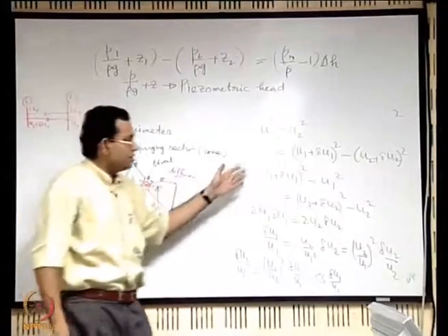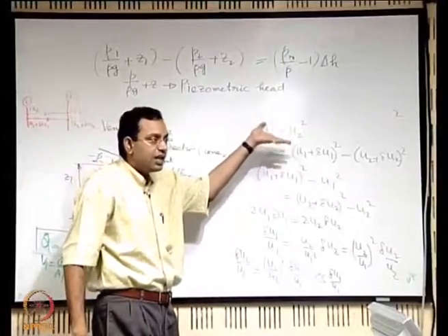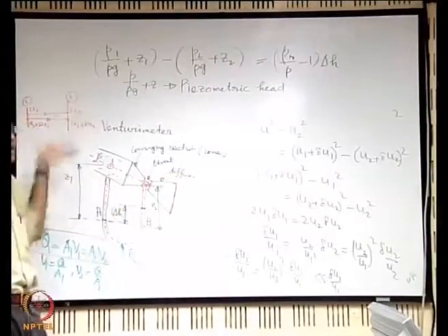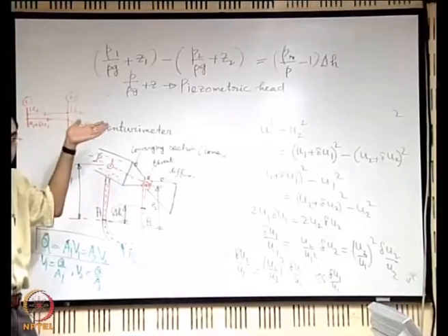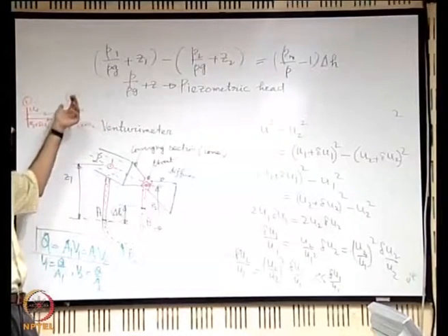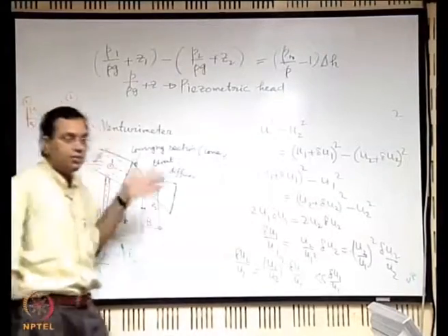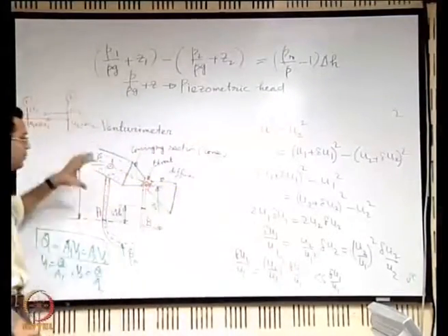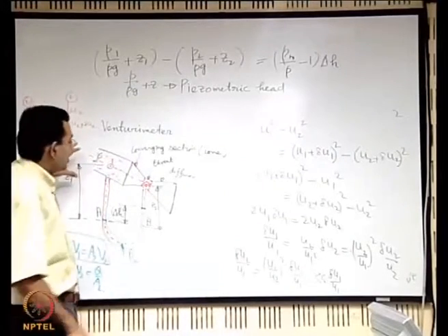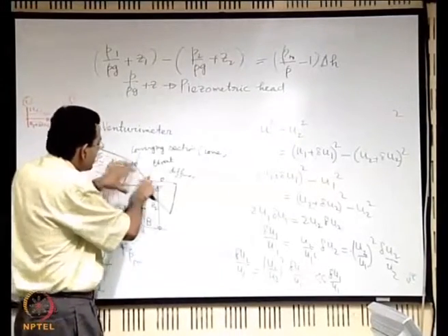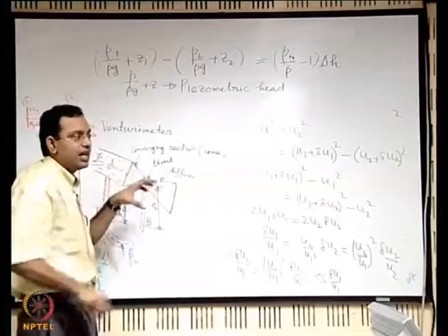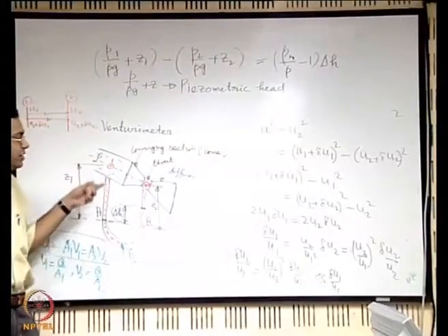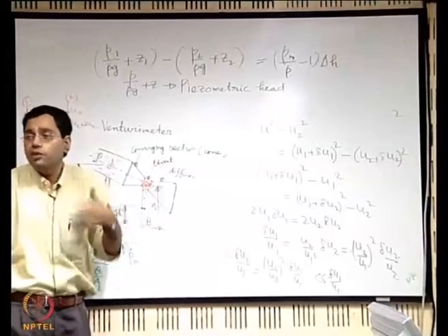So even if frictional effects are considered in the modified Bernoulli's equations for the two, when one is subtracted from the other, that effect will be cancelled. So this is not a bad estimation. This estimation shows that if you are going towards a cross section of reduced size, and at the bigger cross section the velocity was more or less uniform, at the smaller cross section it is expected to be even more uniform.